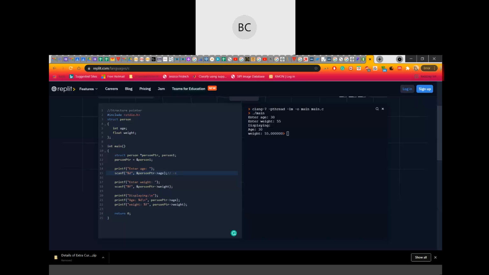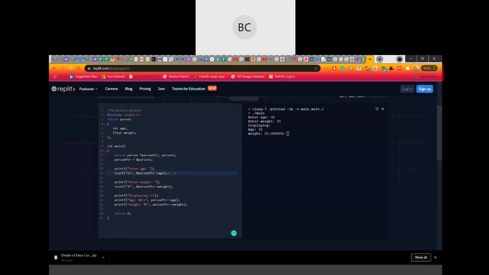But in the case of an array, we have a disadvantage: we can only store the same type of data. We can store integer values, floating values, or characters, but whatever values you store inside an array will all be of the same type.